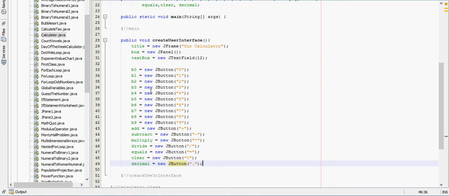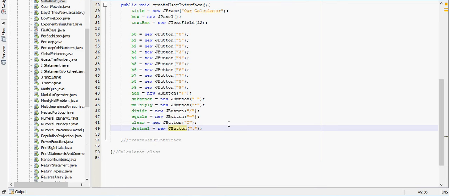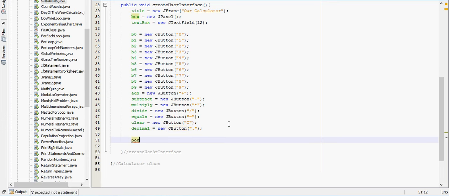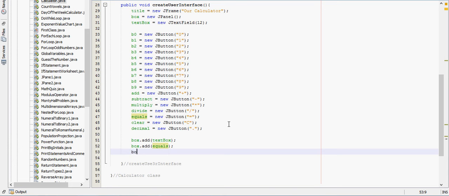Alright, so all those buttons are added, but they won't actually show up yet. So we need to make them show up. The way we do that is, actually first we need to make the box show up. So we'll say box.add text box. We'll say box.add equals. So far none of this is showing up, it's just adding stuff to the box. Box.add, and then